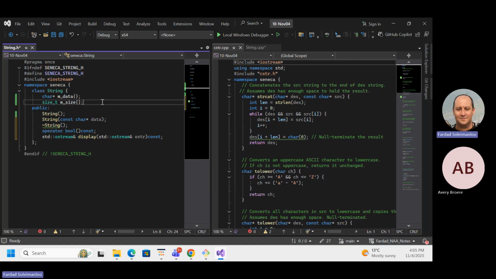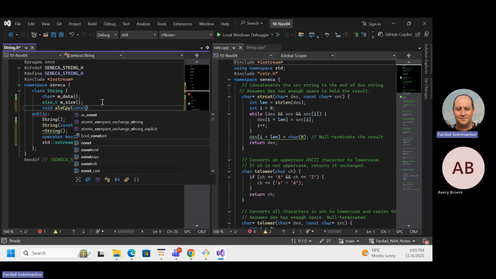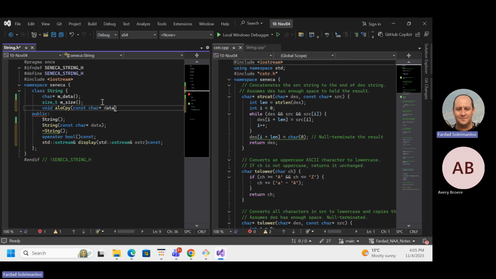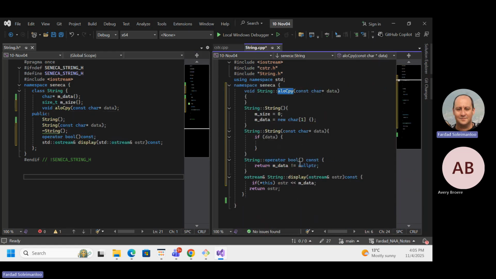I'm going to just do it as a private property over here. So in here, I'm going to say void alloc copy. I'm going to allocate and copy from a constant character pointer data, and copy it in there. So let's just add it over here.